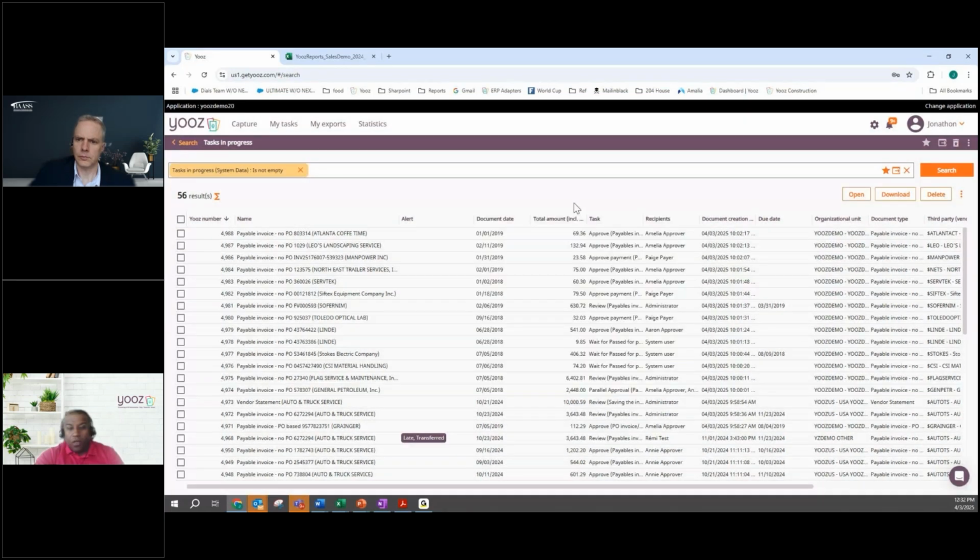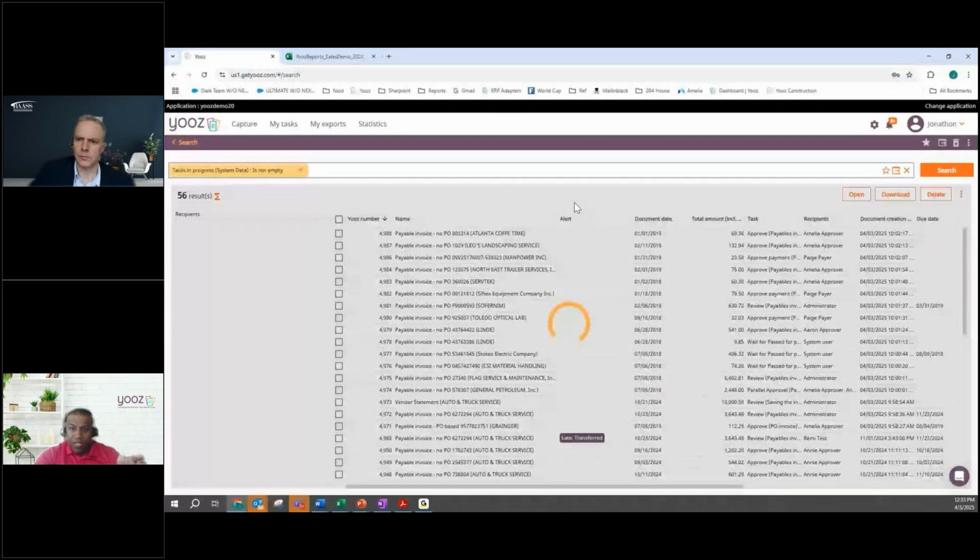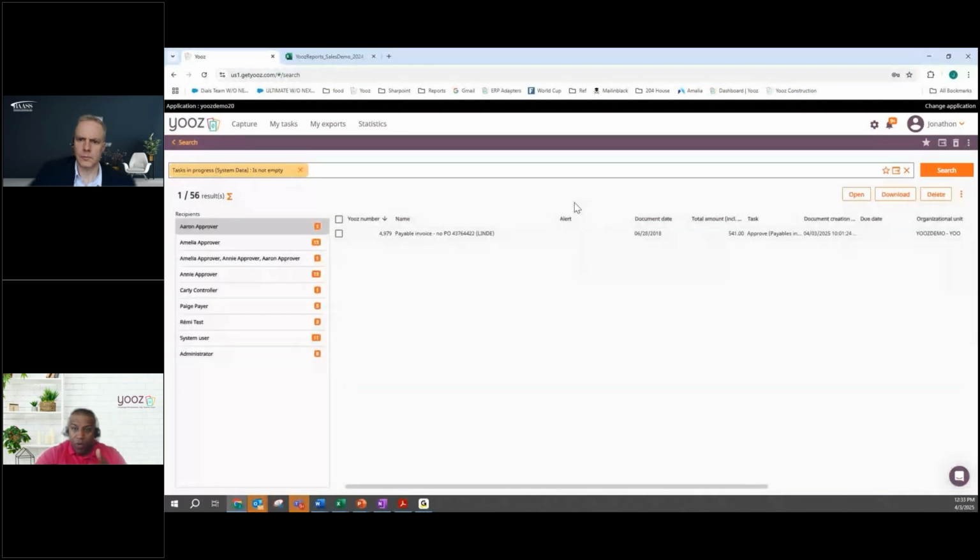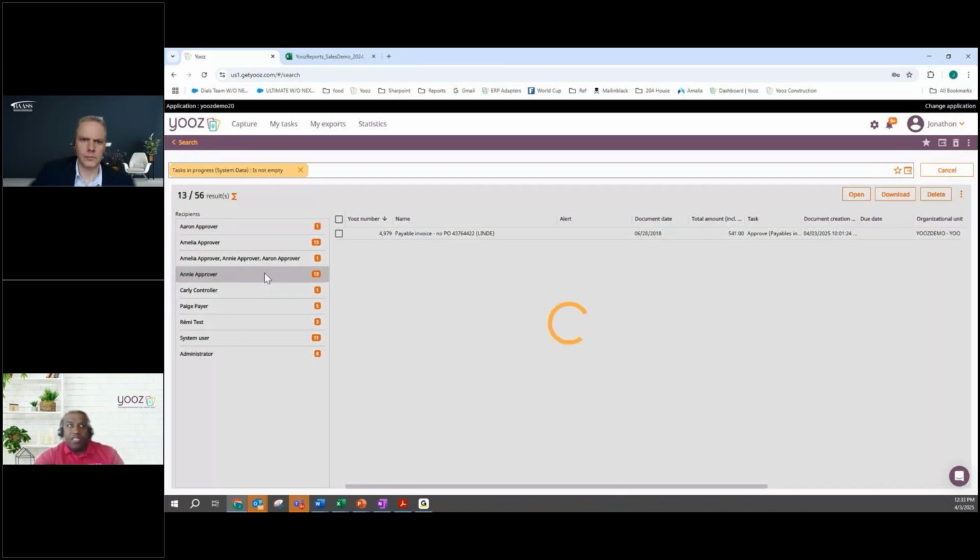Also inside of Yooz, I know we're kind of limited on time, you can make payments as well. Inside that payment, you can see what's pending for payment, what's been paid, and what has already been completed. If you're in Canada, we do EFTs and checks. For the United States, ACH, check, and also virtual credit card. This is a cool thing. It just shows you where everything is at.